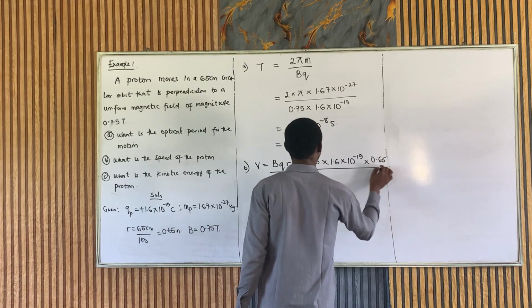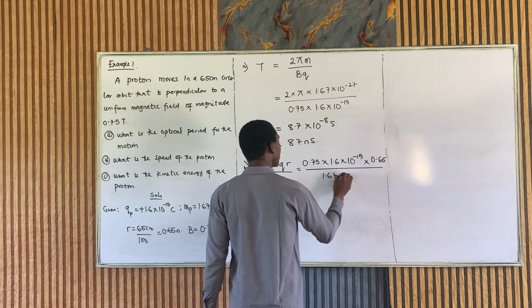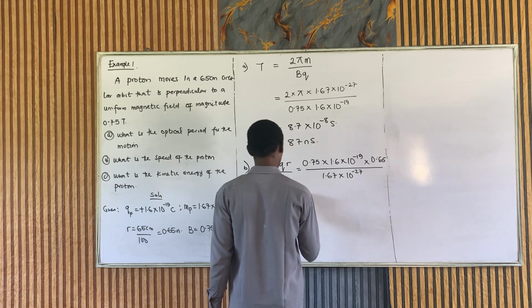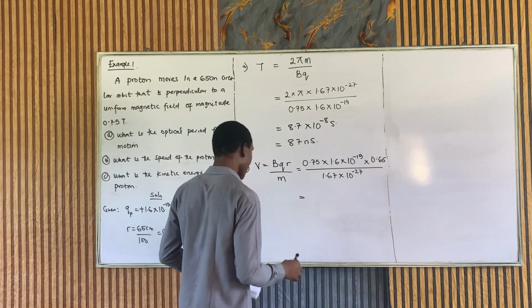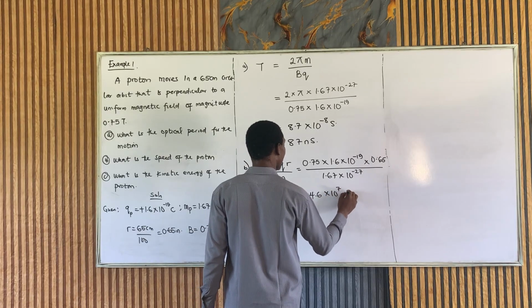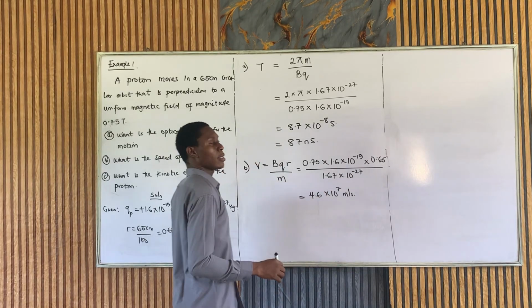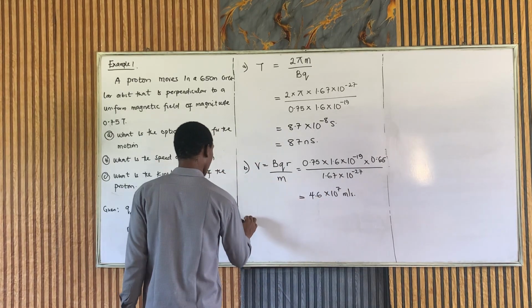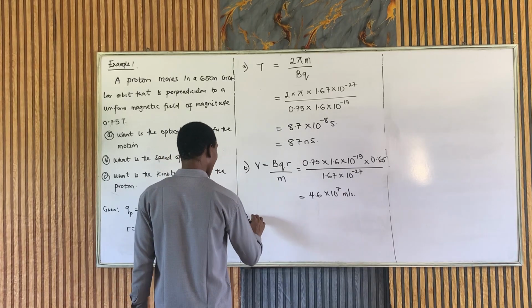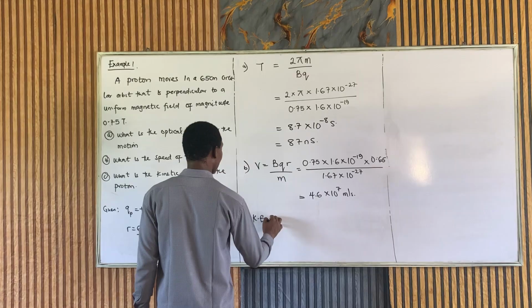So divided by the mass, 1.67 times 10 raised to the power minus 27. So the velocity will be 4.6 times 10 raised to the power 7 meters per second. Now, lastly, for the kinetic energy, we have that kinetic energy is given as half